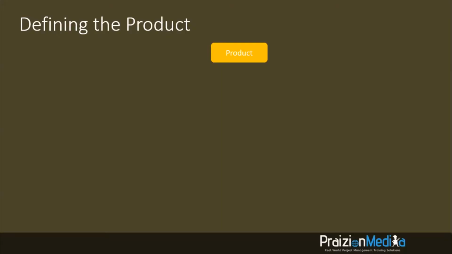Now, at the product level, this is defining whatever the thing is, the big vision, the big mission, the thing itself we're trying to implement, and why we're trying to implement it. This is the way we need to be thinking at this level. We need to focus a lot on the why behind the product, because that helps us understand a lot better what exactly we're doing. What exactly are we part of? And that's why sharing the vision with a team is extremely important.